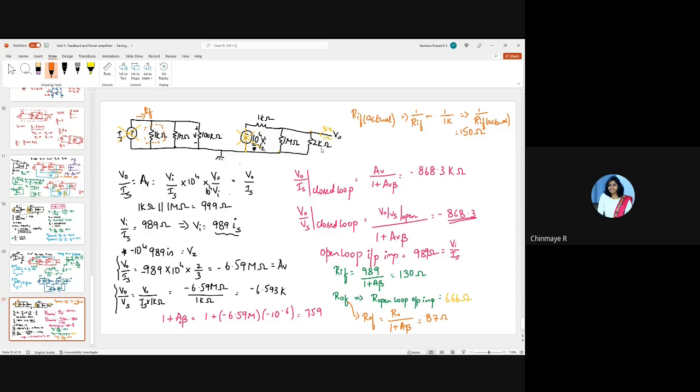Similarly, at the output, you have considered even 2 kilo ohm resistors while calculating the output impedance. Therefore, now you have to find ROF actual. As in, from whatever output impedance you have calculated, you should remove a parallel combination of 2K. Do that and tell me how much you get.